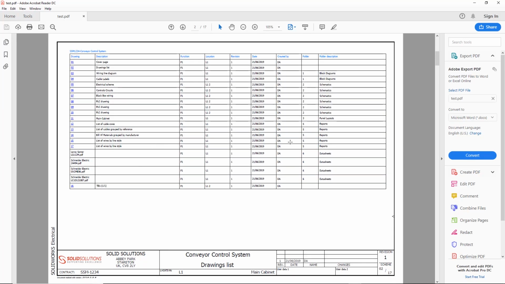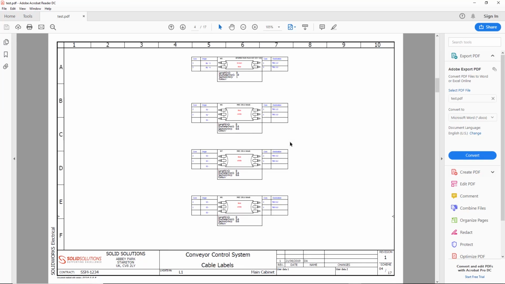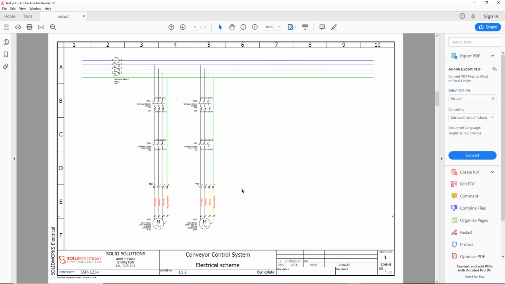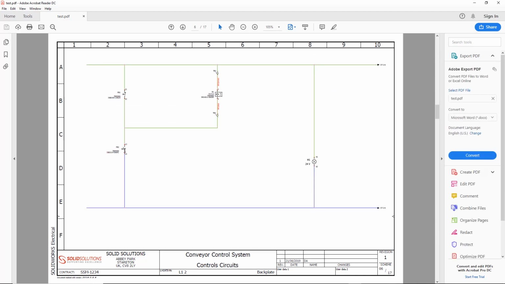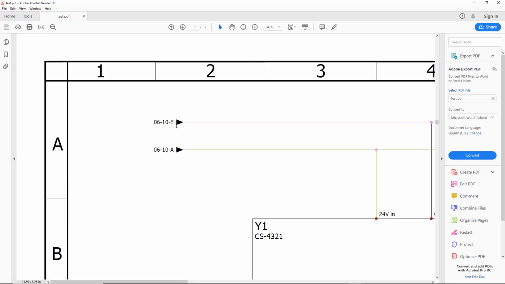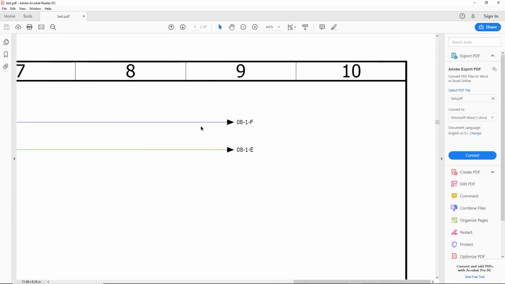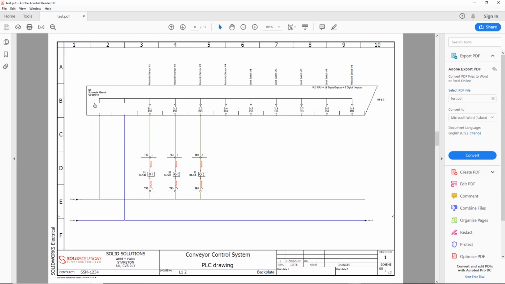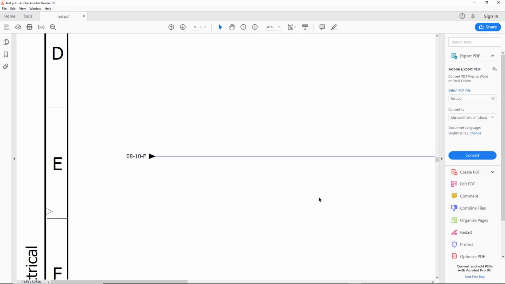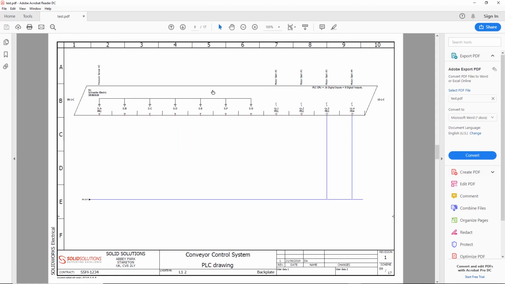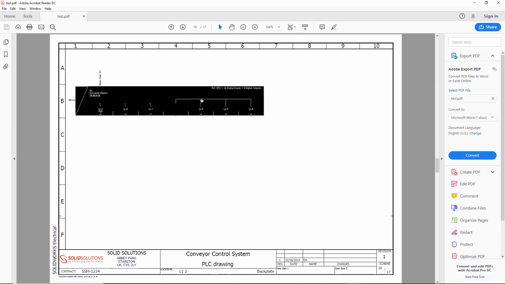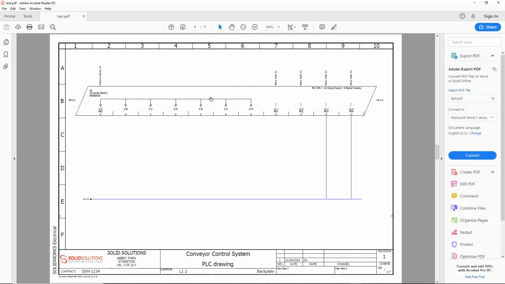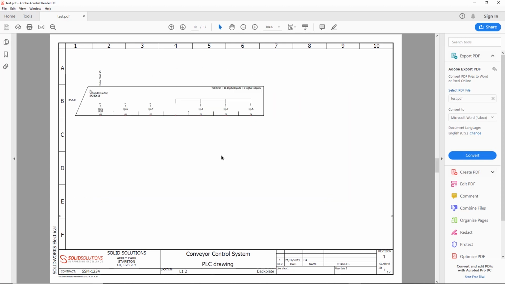You can actually see that everything is up to date in the project. I've got my wires, I've got components. Where there's wire links across sheets, these can be clicked onto and navigated between. We can also represent PLCs. We have a standard configurator for PLCs that can be represented on a schematic drawing. We can also click onto symbols and it takes us to where they exist in the project. So I can see all elements of the PLC at the click of a button.